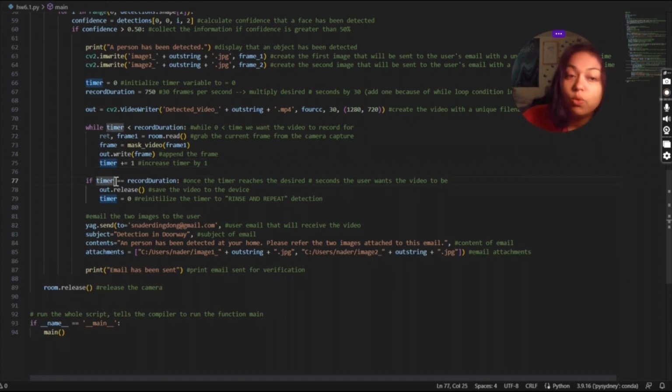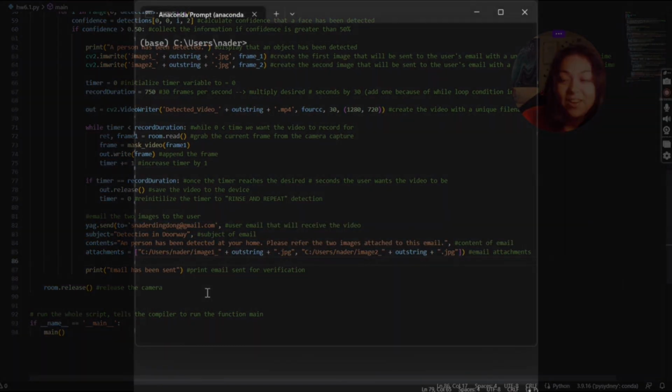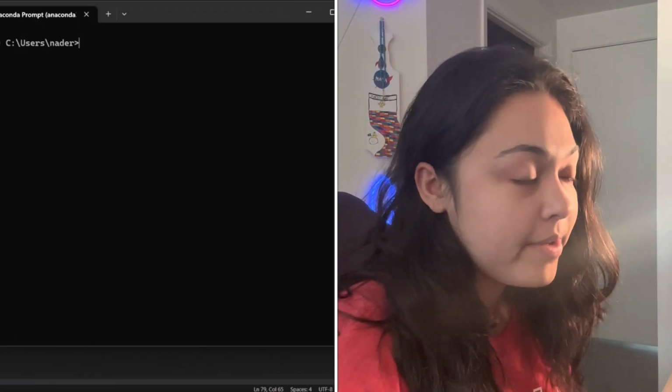And then this is once the timer, I have a timer running that's incrementing by 1 each time, so 1 frame each time. Once the timer reaches the recorded duration that was calculated using frames and frames per second, it will release and send the video here. Okay, so